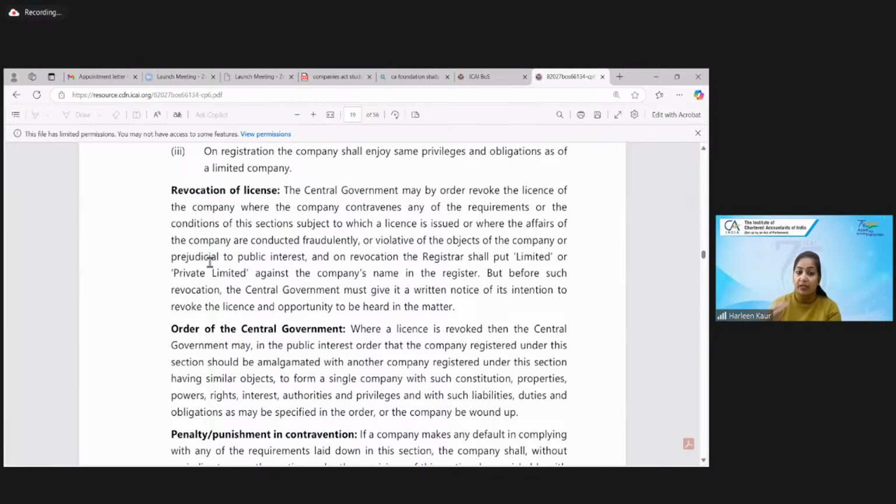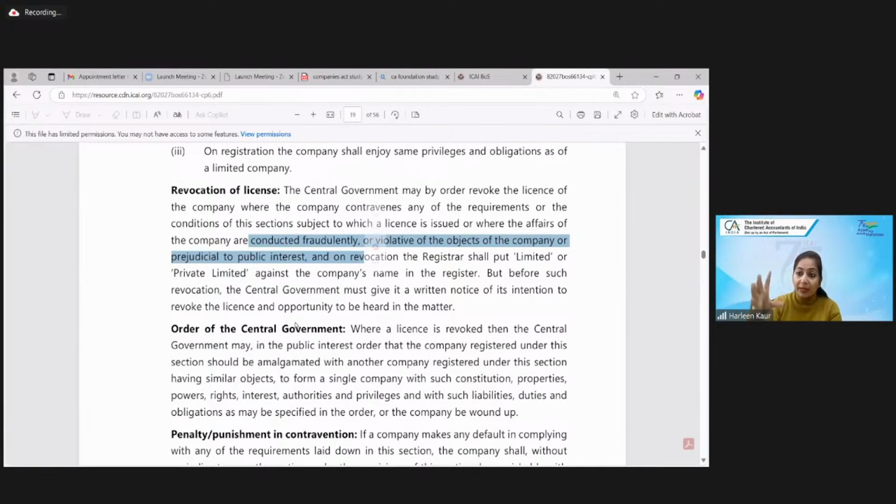If this Section 8 company is found to do any kind of fraud or it is violating the objects of the company which are against the public interest, means you have started giving dividend to your members or you're doing something which is illegal. You are a sports association, you were to promote football, now you have started selling and purchasing of clothes also. You are violating your objective. Violate means going against the objects, hurting public interest, doing something wrong. So registrar will simply cancel your license that they have given to you